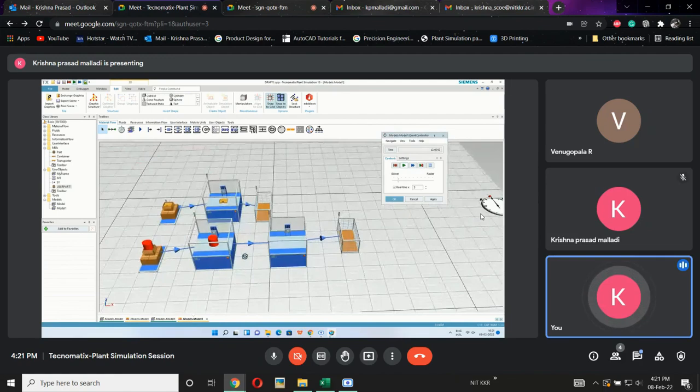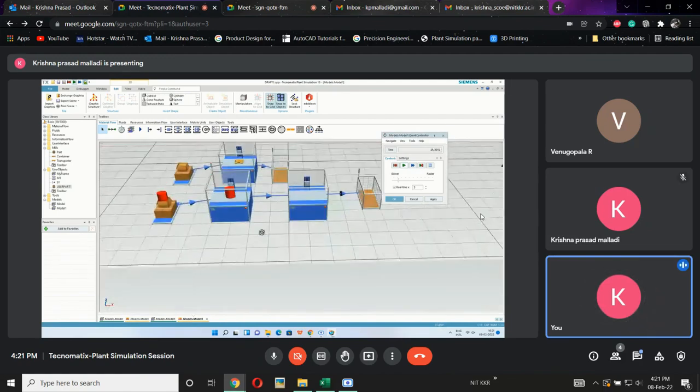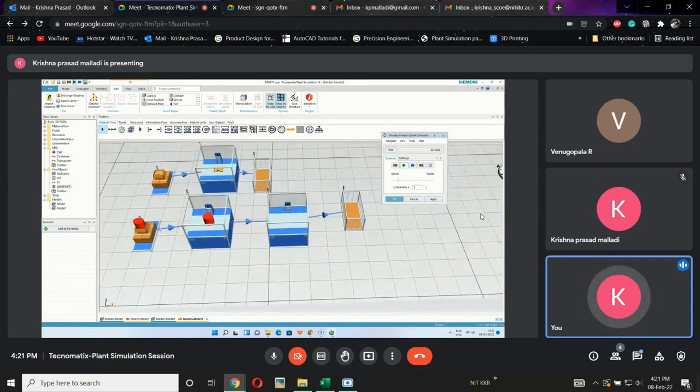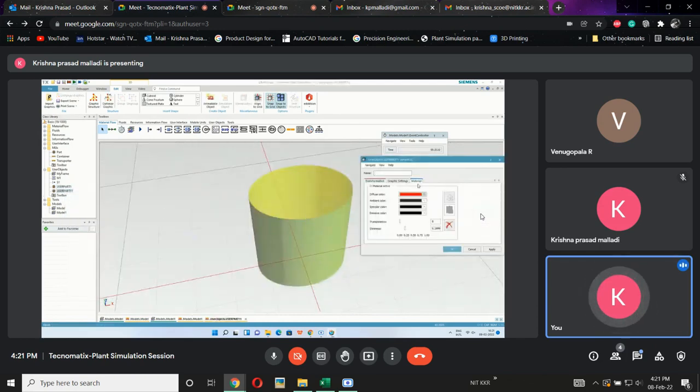We can define whatever part we need for that particular process. If there is a special process, I use this user part. If I have another part, see user part one, I open it and just change the color. Same part, but I am changing the color.